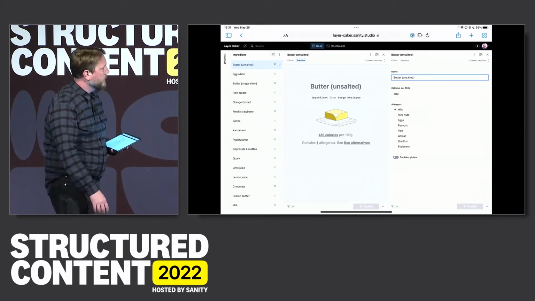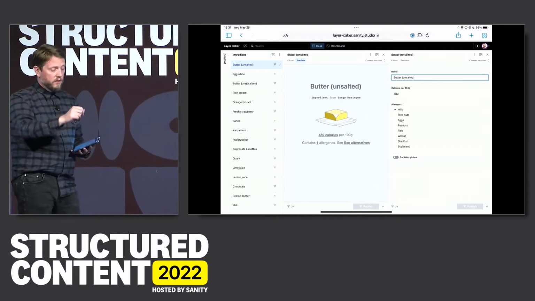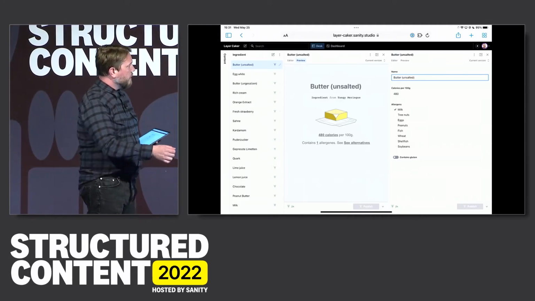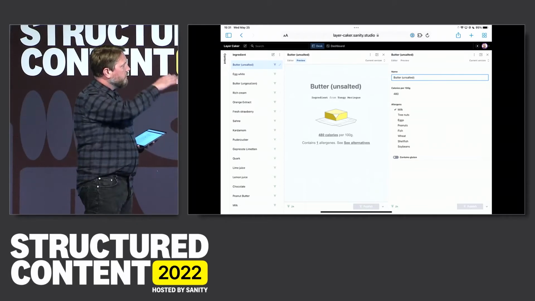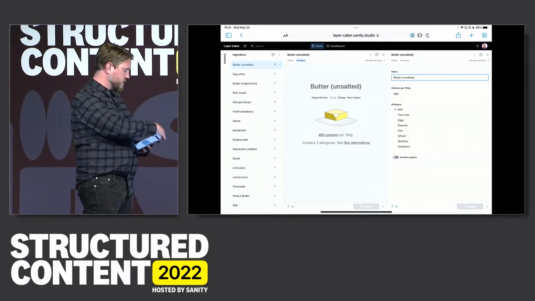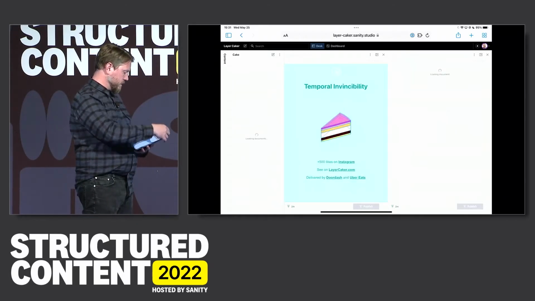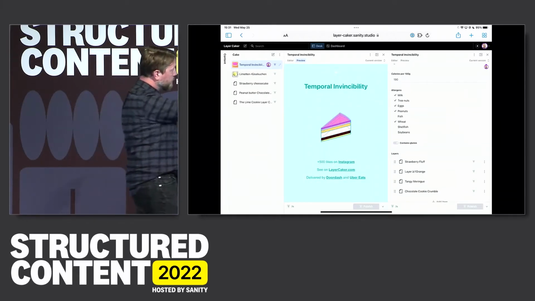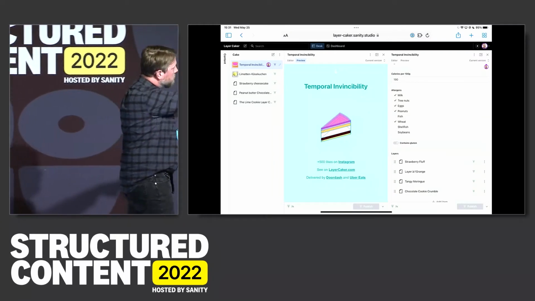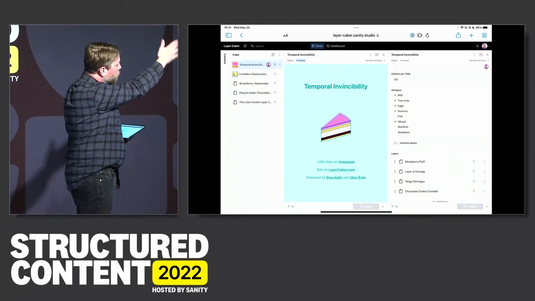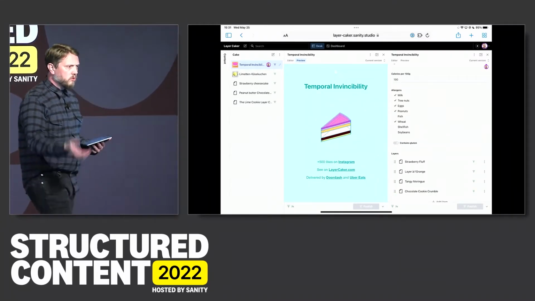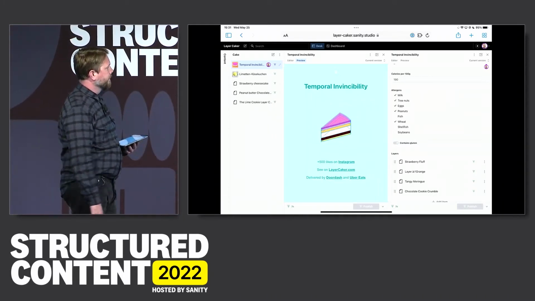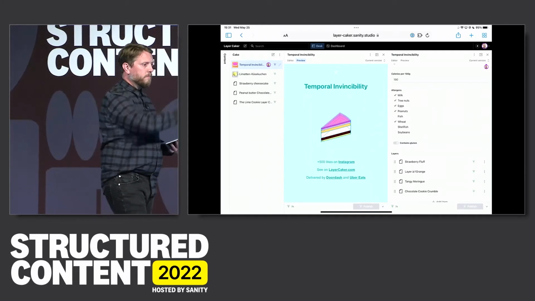We don't have to sit at the top manually updating: does this have gluten now? How many calories are here now? What allergens are in there? It's all in the connected data. Actually, if we zoom all the way up to a cake again, notice now the calories, the allergens, the gluten, they're all read-only at this level now because they're all just computed, as it were, from the connections in this cake. That's great. We might make use of that later.